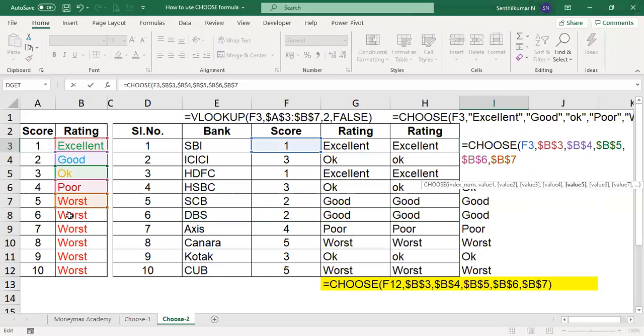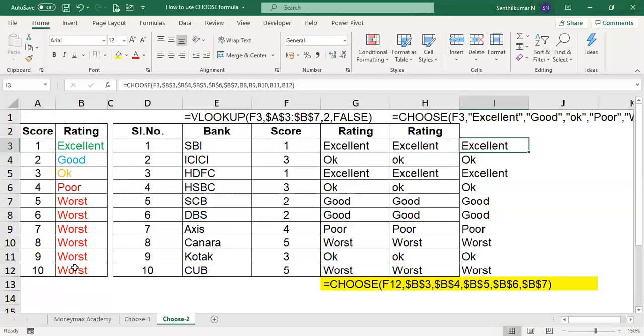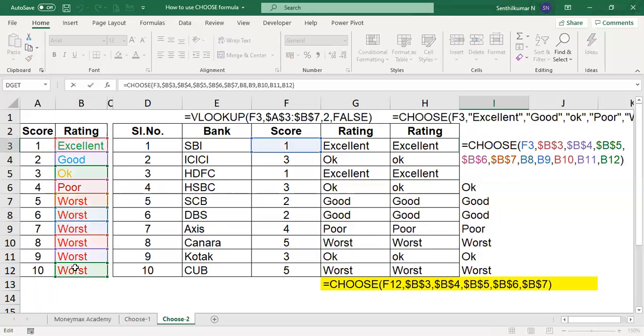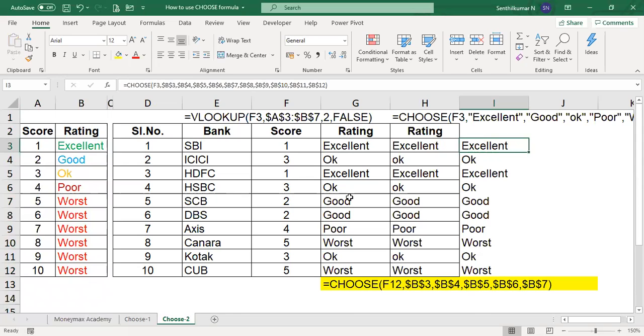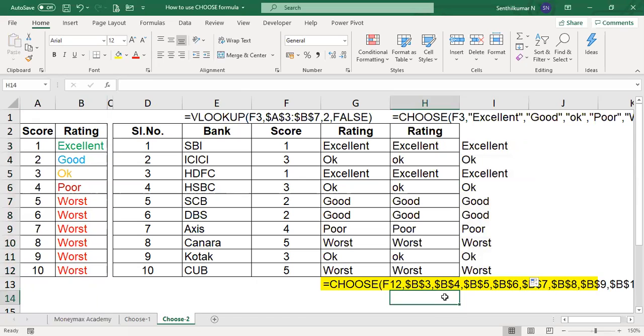I just add, and then add, and automatically the comma will be done. So just close the bracket, that's all. Now if you want to use it for all, you can use the dollar symbol manually. Now you can drop down. Okay, the formula will be extended.